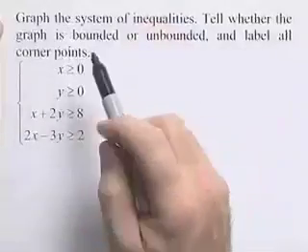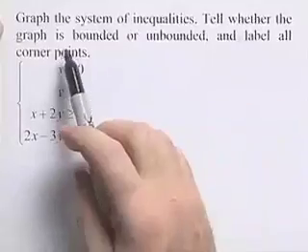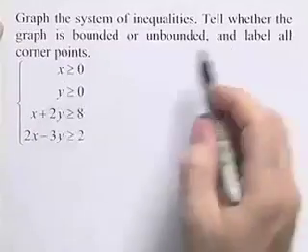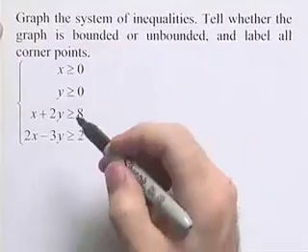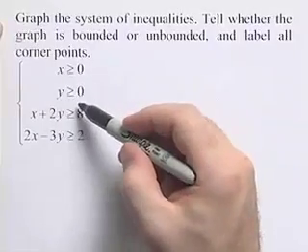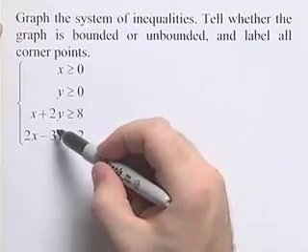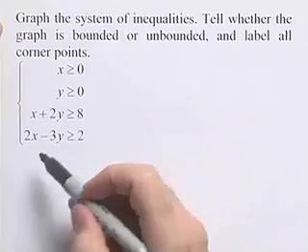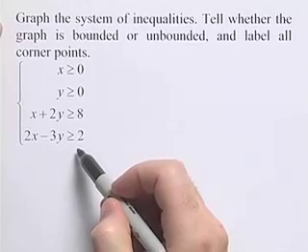For this problem, we're going to graph a system of inequalities. We want to graph this system of inequalities, then we're going to tell whether the graph is bounded or unbounded, and we'll label all the corner points on our graph. We have four inequalities in our system: x greater than or equal to 0, y greater than or equal to 0, x plus 2y is greater than or equal to 8,